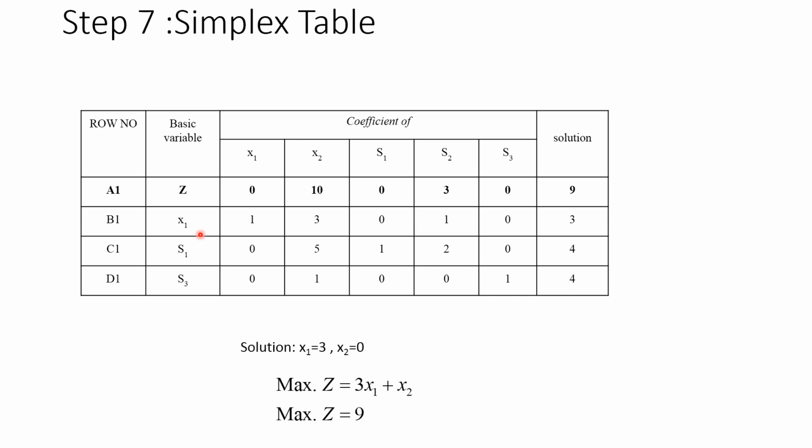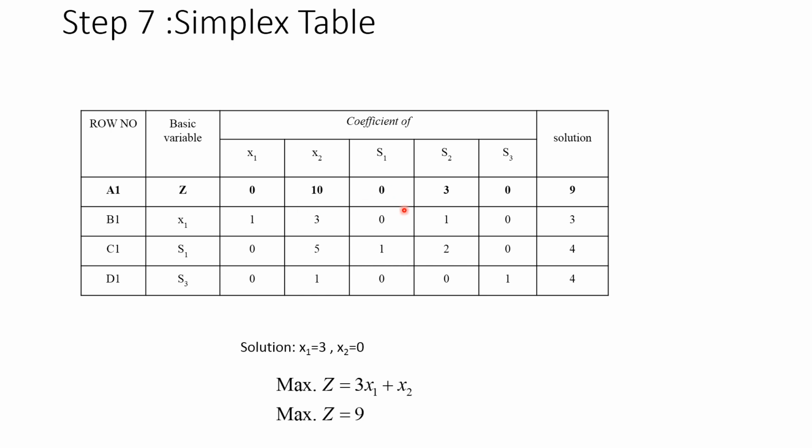Your incoming variable is s1, and outgoing variable is s2. So now you can see here the basic variable is changed. Now it is x1, s1 and s3. Okay, again you have to divide your key row by key element, so solution divided by 1, key column this 2 value and other all divided by 2, so it will be 1. That 3 value divided by 1 will be 3, and 4 value divided by 0 will be infinity, which is not applicable. Okay, in the next step, there is no negative value in the upper part, so no negative value in this part.